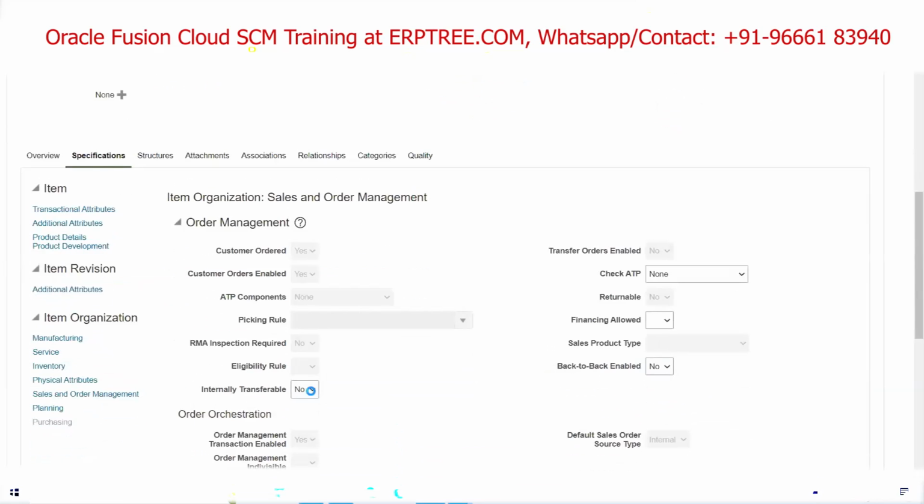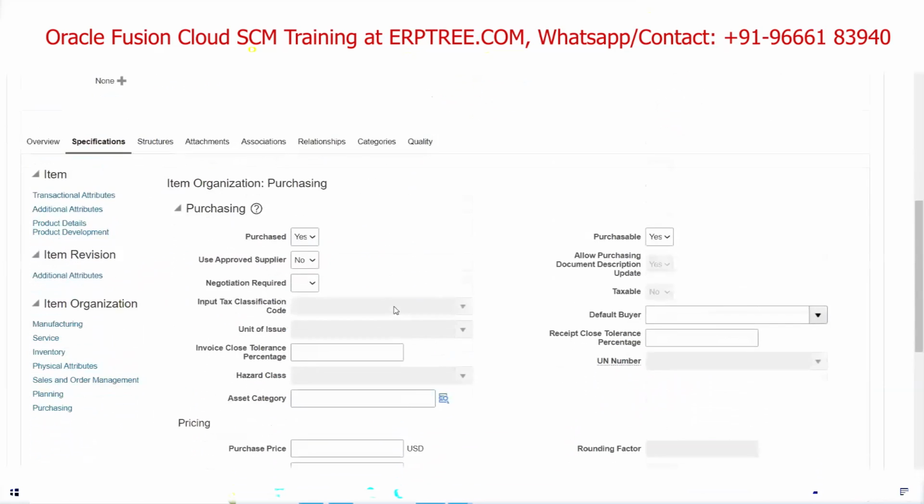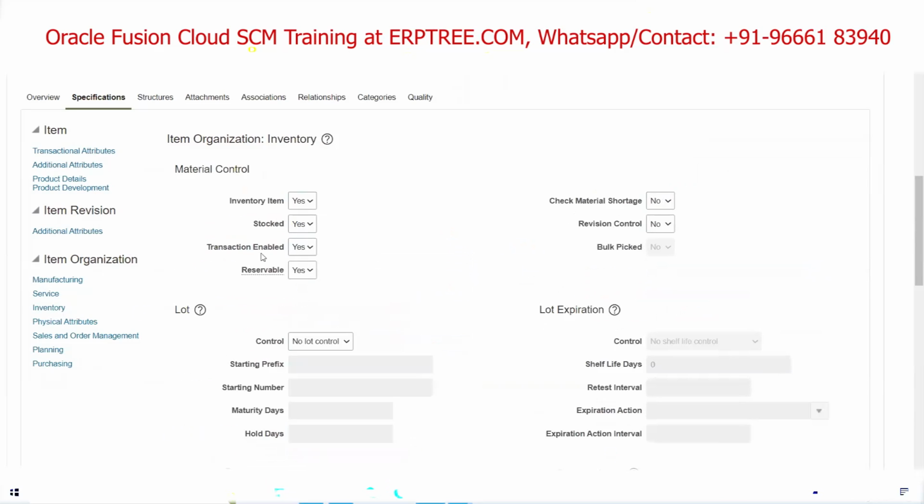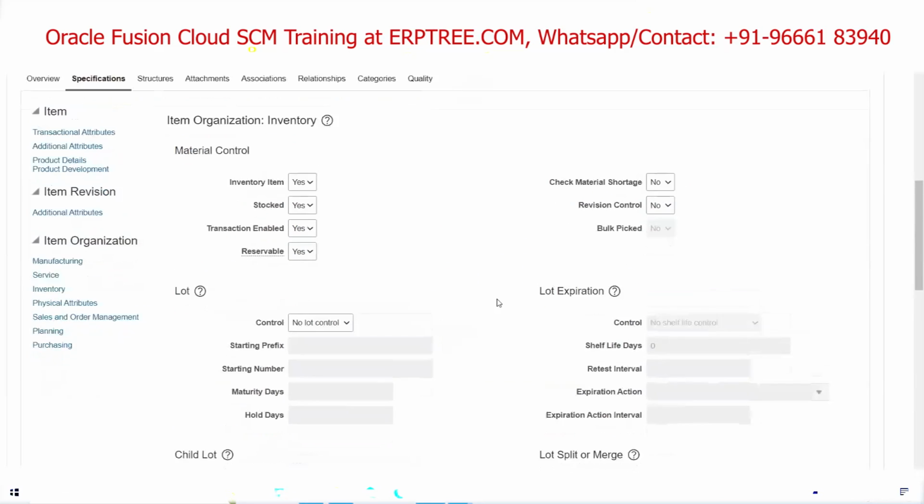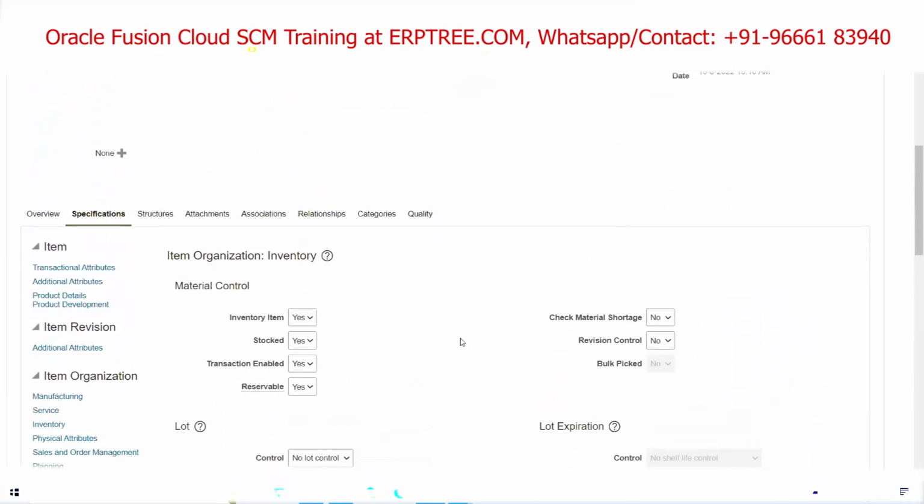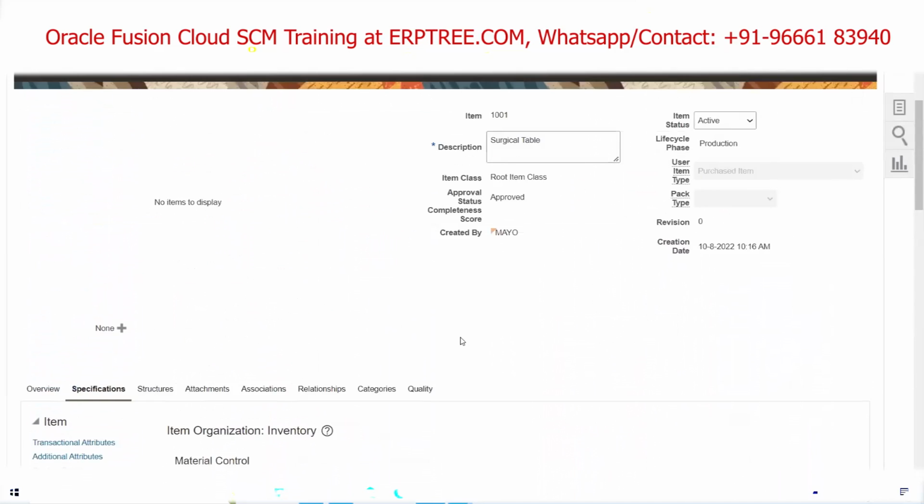And if you go to purchasing, few attributes, yes, you can change. If you go to inventory, these few you can change, but few are frozen. Why is the system displaying like that? If you go to